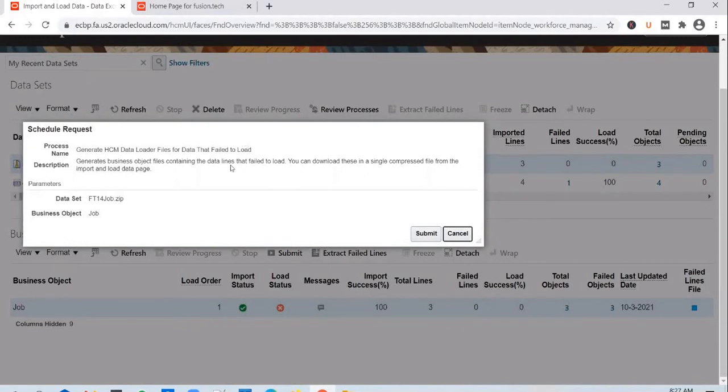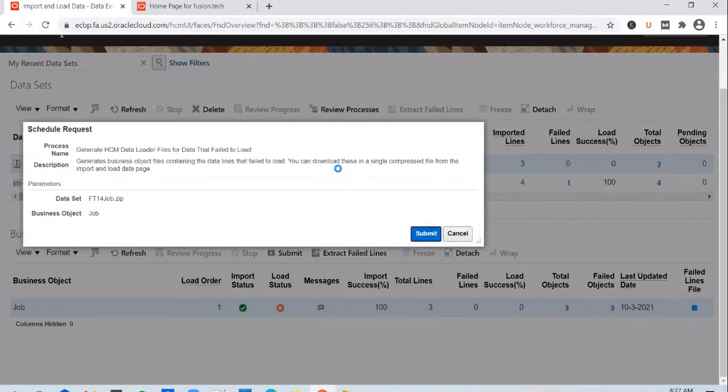This job will go and fetch all the records that have errored out, generate an HCM data loader file again, and upload that file here.